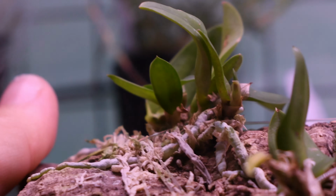There's the leaf in the middle that I've been working on for a while, so hopefully we'll see some progress. It's really seeming to like the grow tent. This is my